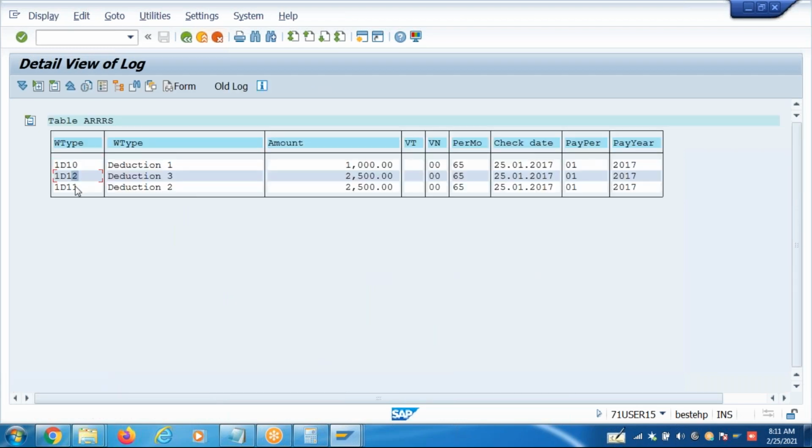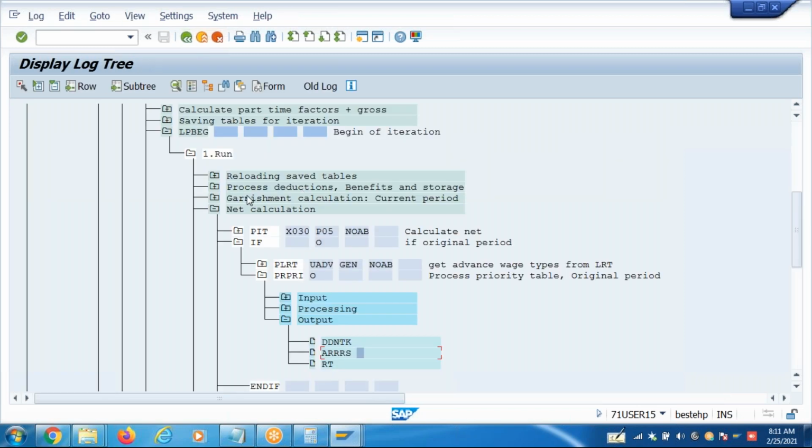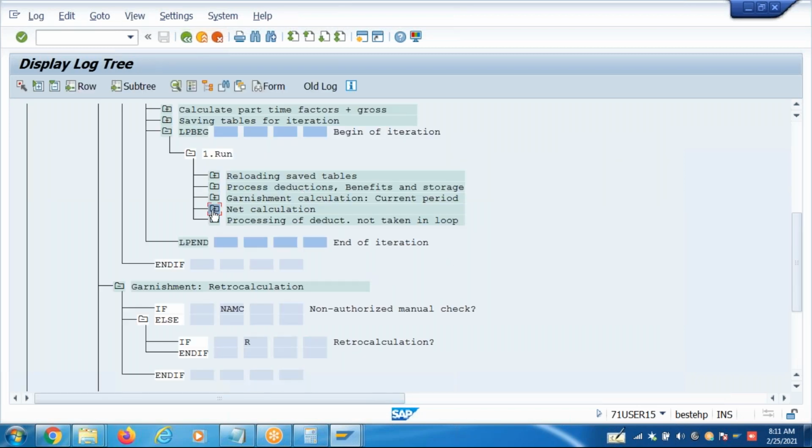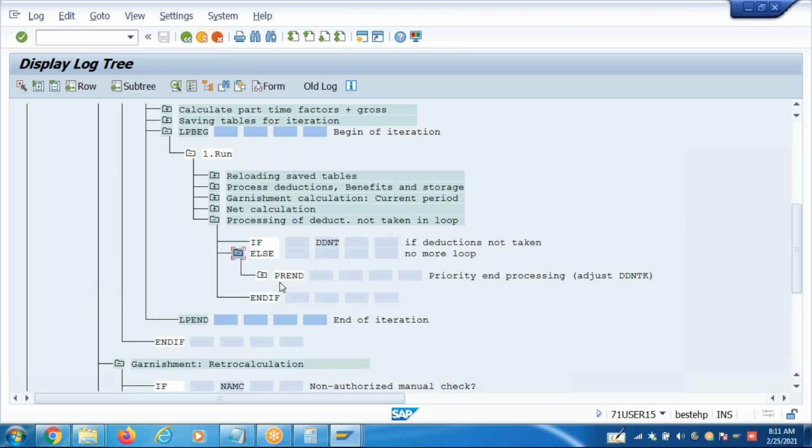1D10, 1D11, 1D12. Right. Now, what is the last function in arrears processing, guys? PREND. You will see it here. In this deduction processing, the last function is PREND.